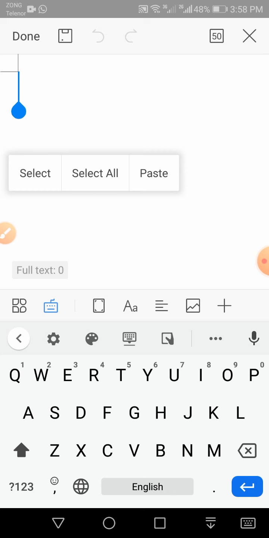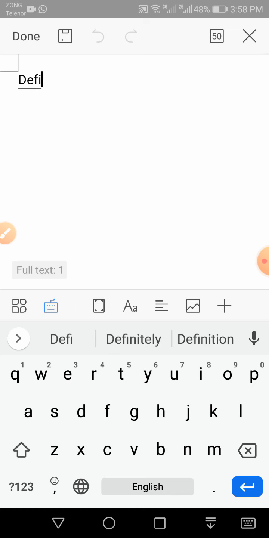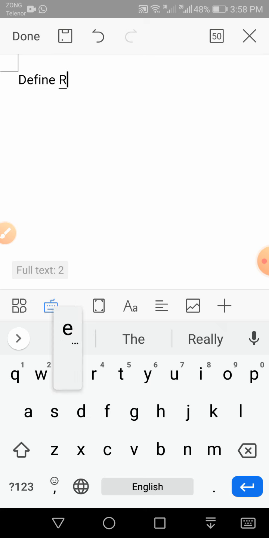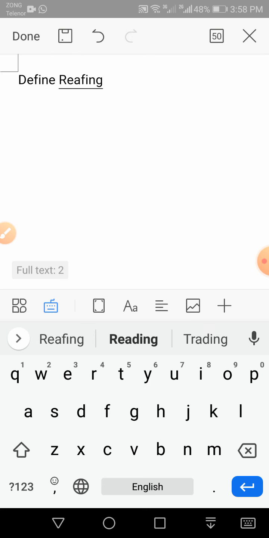So the first question was, let's say, define reading, okay. Let me define reading. I'm using the keypad of my smartphone, okay.